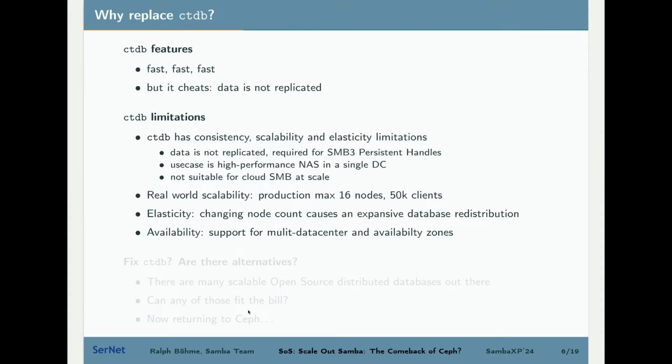And CTDB just currently does not do that. One thing that could be done is to try to come up with ways how this could be implemented in CTDB. And actually, I gave a presentation of a possible approach there, I think in 2018 or something like that. But this time, I wanted to attack this from a different angle and just look if maybe there's any existing distributed database out there that could fit the bill, right?